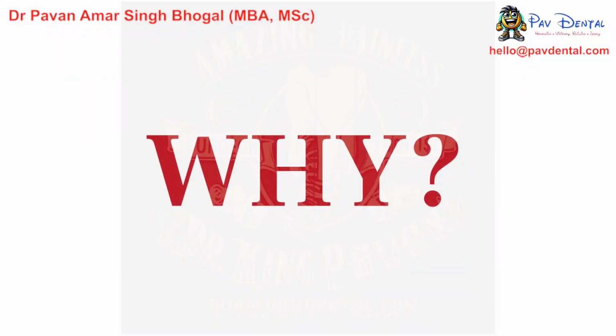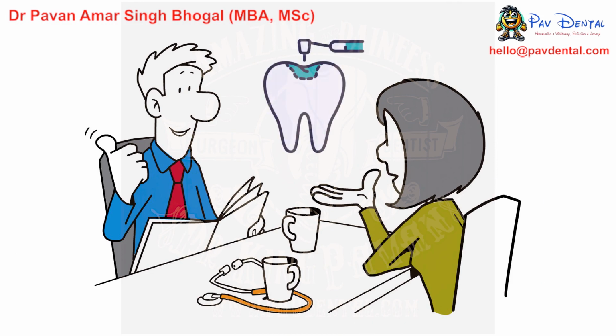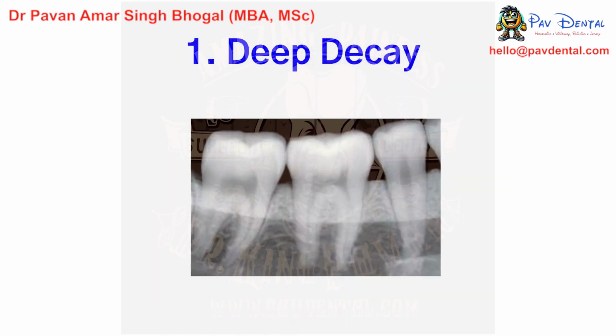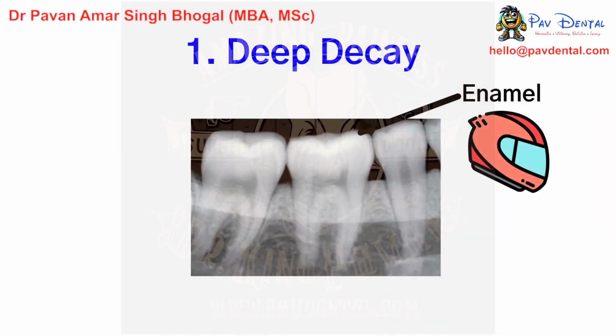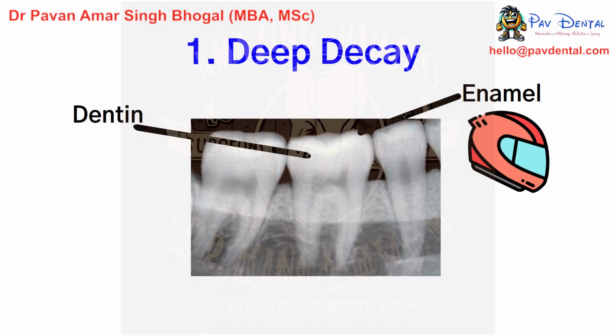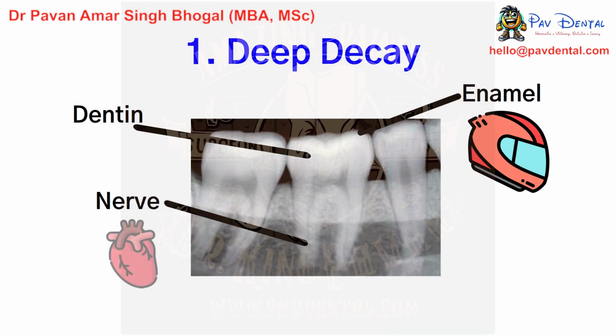Why? There are several reasons why your dentist might recommend root canal treatment. The most common ones include: 1. Deep decay. The white parts here are enamel. This is like the armor, the helmet of the tooth. It's hard and protects the tooth. Here, the light gray, this is the dentin, the soft inside, and the dark line here is the nerve, the